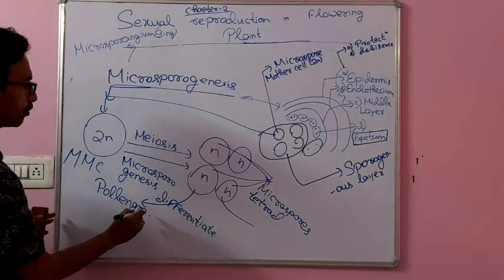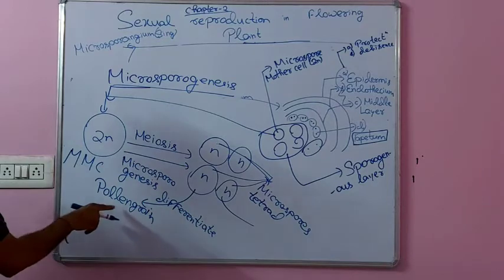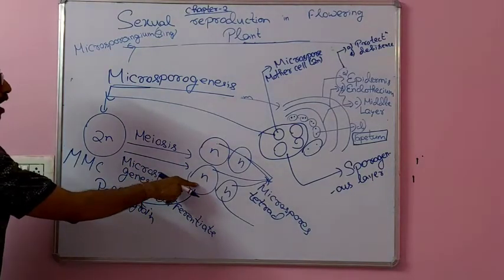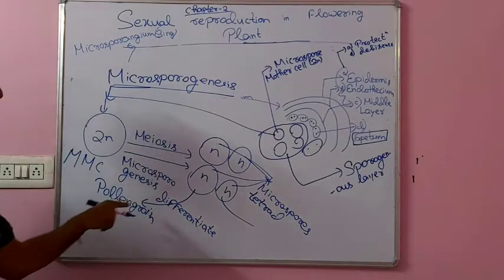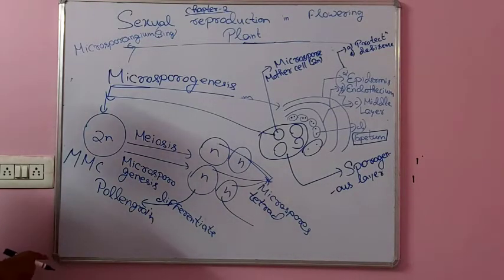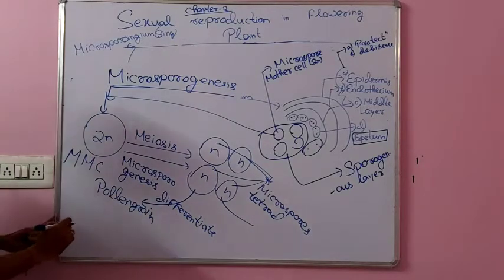You can consider the pollen grain as the differentiated structure of the microspore after microsporogenesis. Now see the different layers, the structure of the pollen grain which arises from the microspore. Each pollen grain comprises